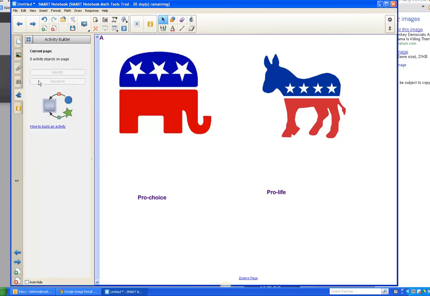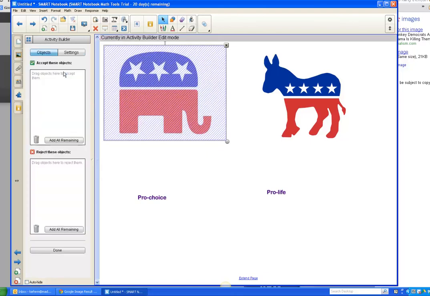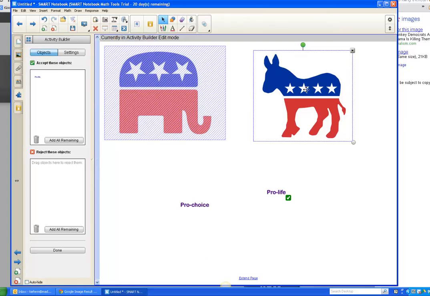what I'm going to do here is I'm going to click one of the objects and I'm going to edit it. So that's the Republican, and I can drag the object to accept them here. So that pro-choice is going to be accepted, not in that one, I'm sorry. Pro-life, of course, gets accepted by that party. And then for this party, clicking the donkey, and now I'm going to drag,